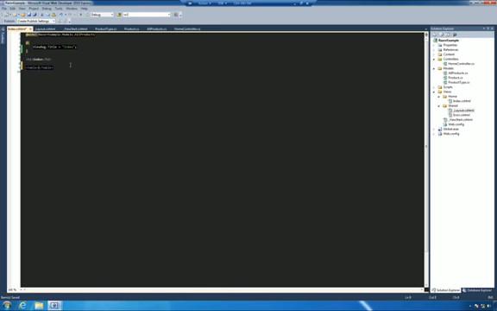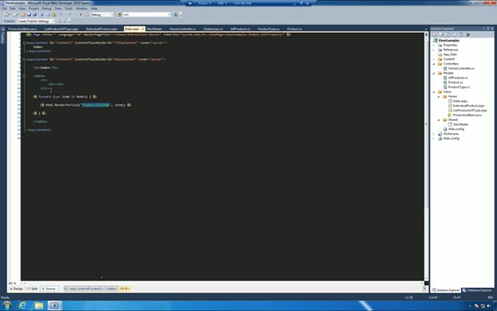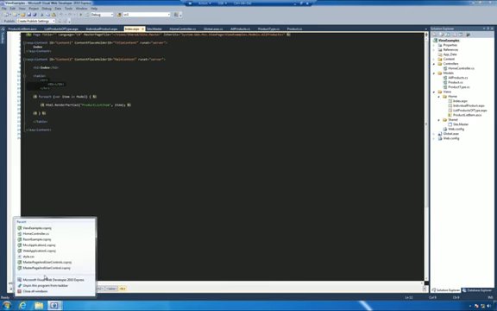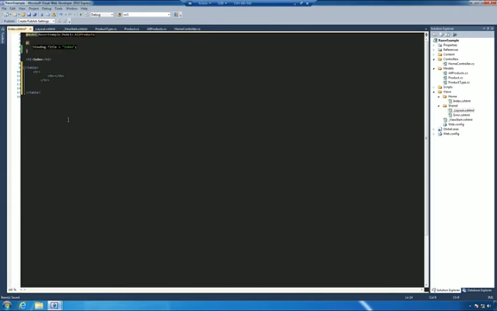So we want a table, and then let's see what we do just to make sure. We have a heading row. I don't think we really need that, but we'll do that anyway. And then we loop through all of the items within our model. So let's use a foreach loop. And to do that, we will just use an @ sign and then foreach (var item in Model). And then